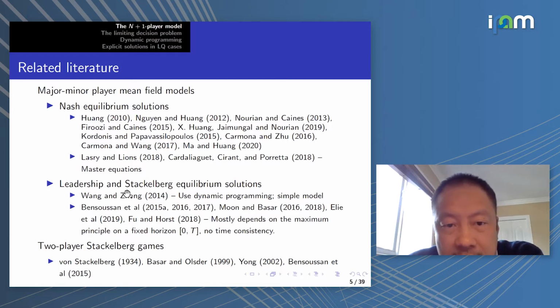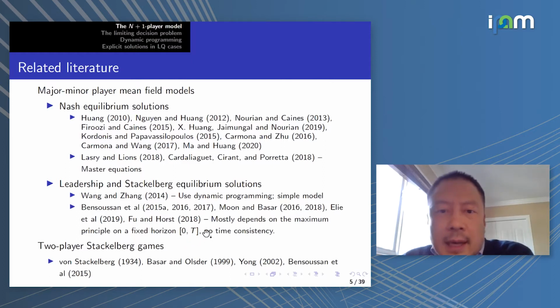So here you can see there is already some literature using the solution notion of the Stackelberg equilibrium. The main issue here is they mostly depend on the maximum principle on a fixed time horizon. Then the limitation is that there is no time consistency, if you stick to a fixed time horizon. That means